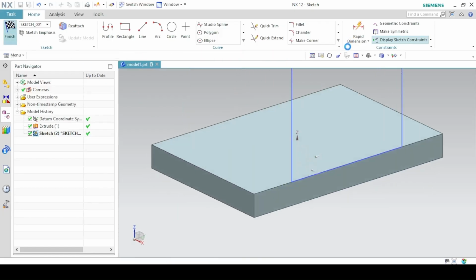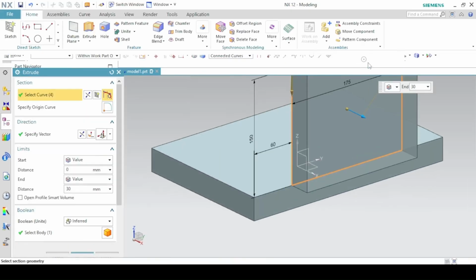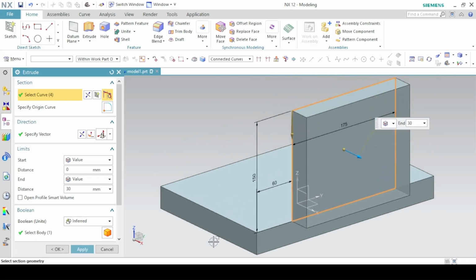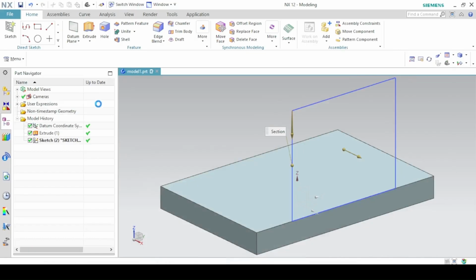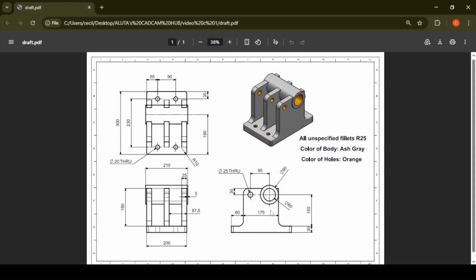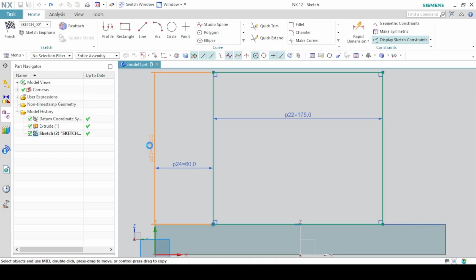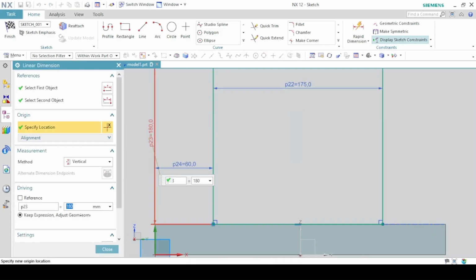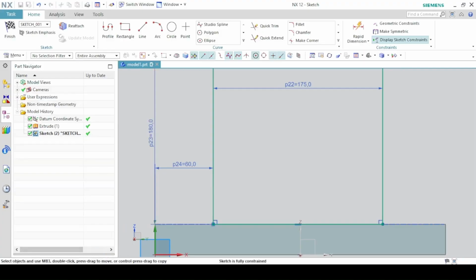Finish. Okay, so the width is actually 180 millimeters, not 150. Again, the sketch is fully constrained, so finish.